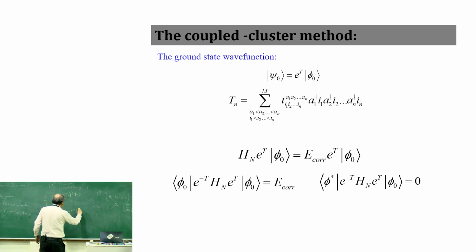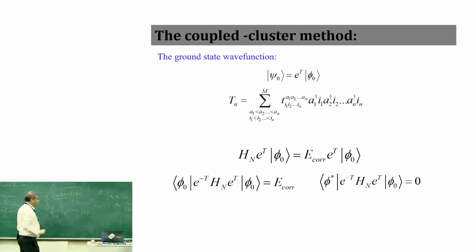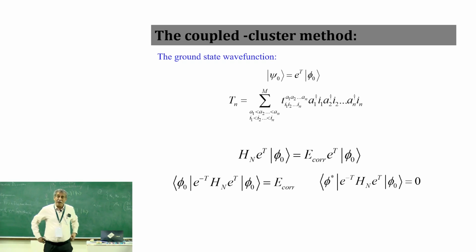There can be other terms, but I'm just showing a similarity with this. And this then will be called coupled cluster singles and doubles. Here also you have singles and doubles, but they are entirely different, as you can see. What is the difference? If I expand this, I will have 1 plus T1 plus T2 as the leading term. But I will also have a square of T1, square of T2, cross term, and all possible products of T1 and T2. So this makes this wave function much more accurate.